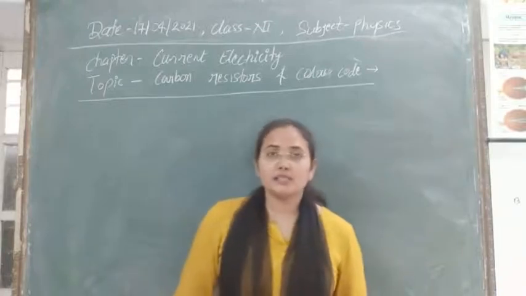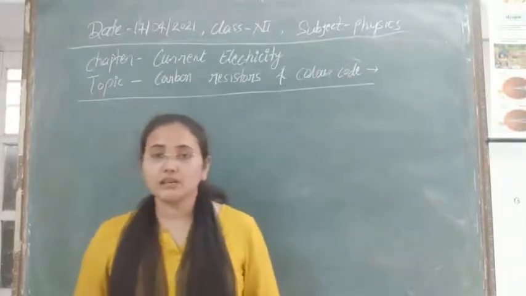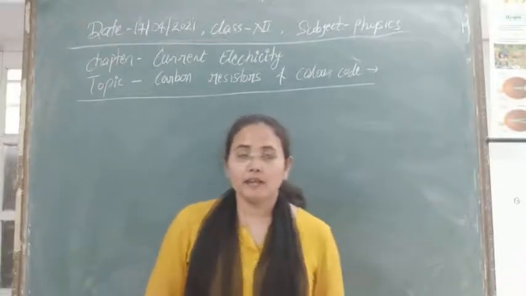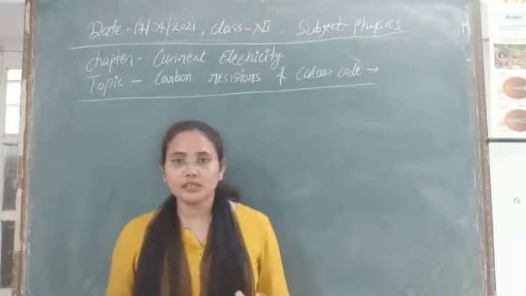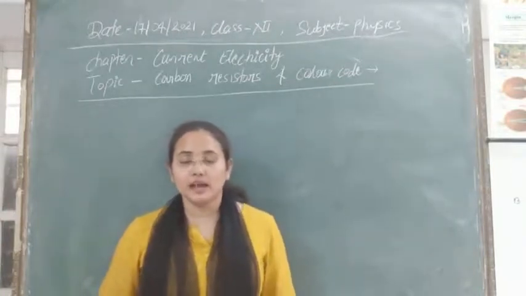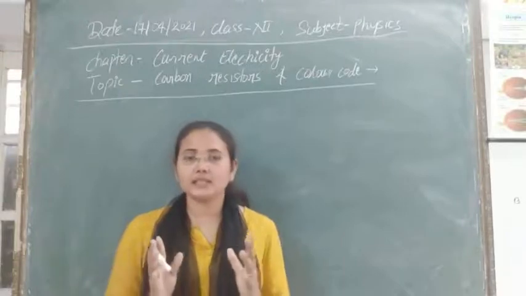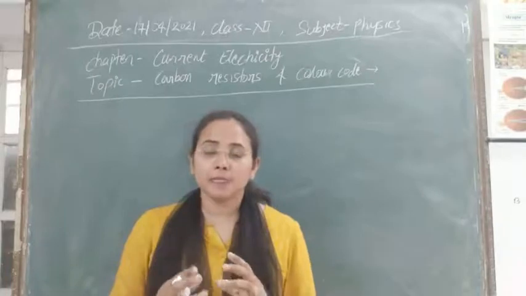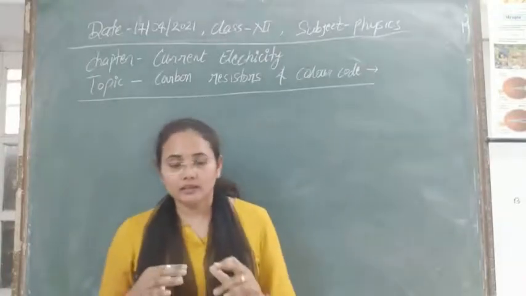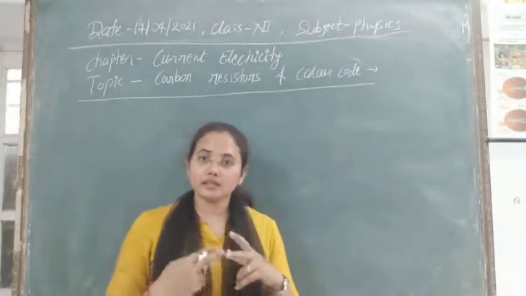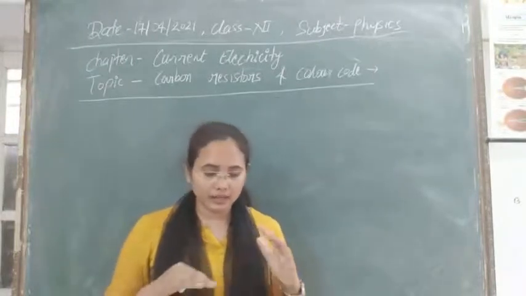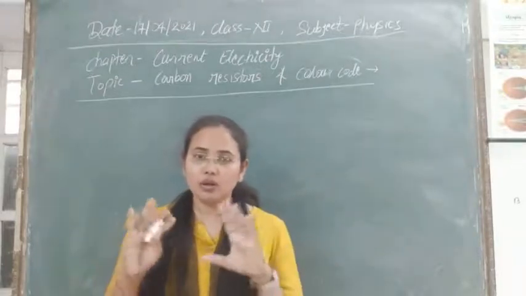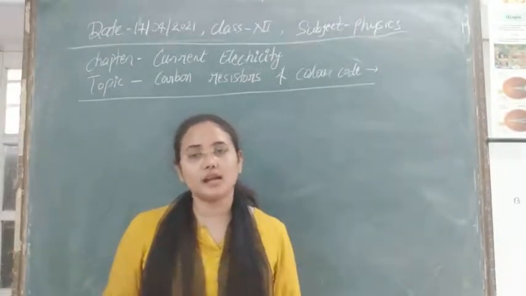So carbon resistors are those kind of resistors which are made up of carbon black, clay and resin binder. Using these three things we make the resistors, and after mixing them, we press them and mold them by heating into a cylindrical form. Then after molding them in cylindrical form, we cover it in a ceramic or plastic jacket. So this whole construction is known as a carbon resistor.